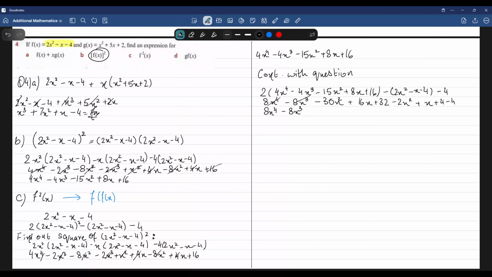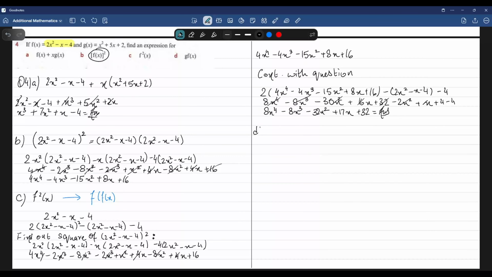Negative 30x squared minus 2x squared would give us negative 32x squared. And then we have positive 16 plus x, which would be positive 17x, and then positive 32 equals your answer. Just let me check this up. 8x raised to power 4 minus 8x cubed minus 32x squared plus 17x plus 32 is your answer for part